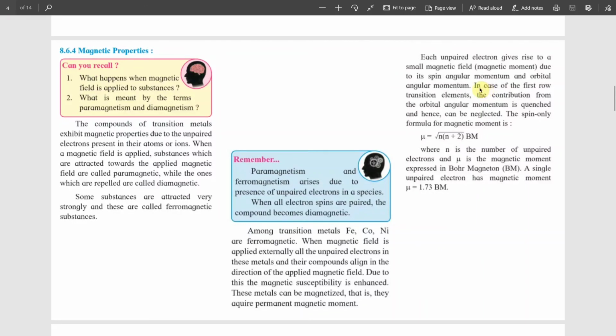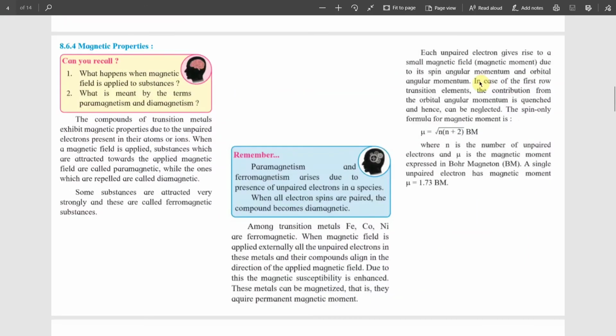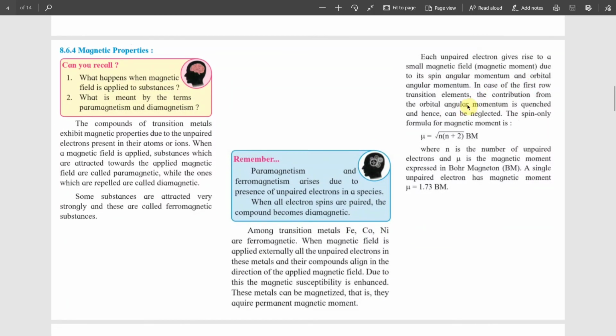There is the spin of the electron, spinning, and the angular momentum from revolving around its position. In the case of first-row transition elements, the contribution of orbital angular momentum is quenched